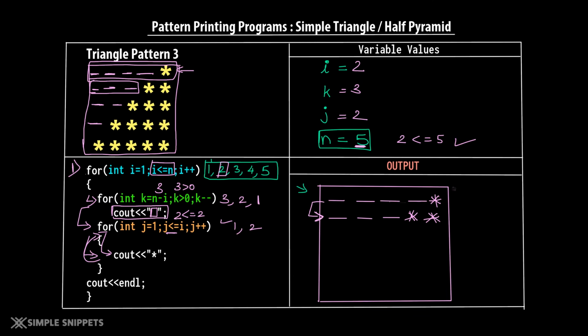Now at the end of this statement, again we will come at the start of the for loop. We will say j plus plus and j this time will become 3. Now the condition will become false because 3 is not less than equal to 2. So you will come outside this for loop and this is the last statement, that is cout endl for the outer for loop. So again you will come on the new line.